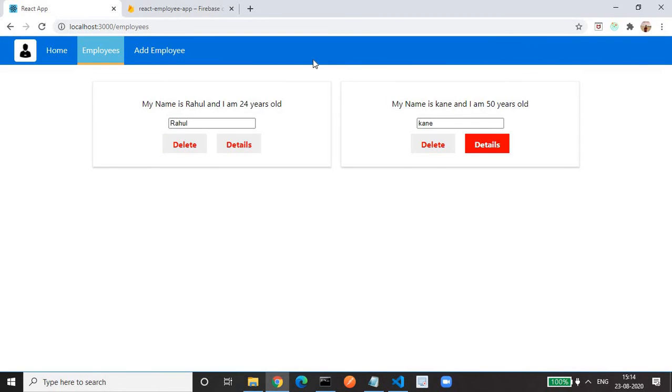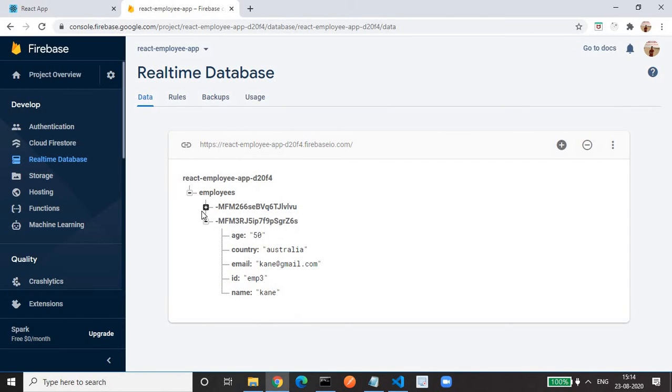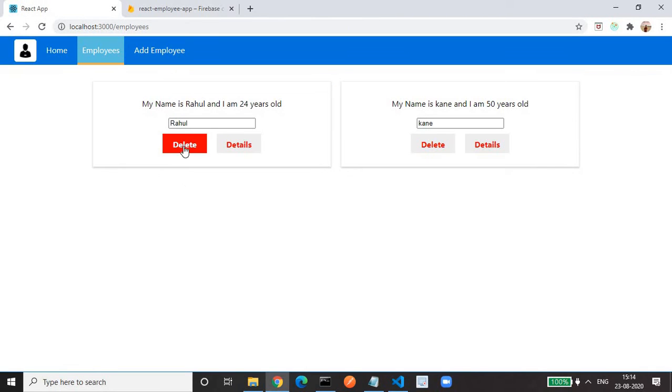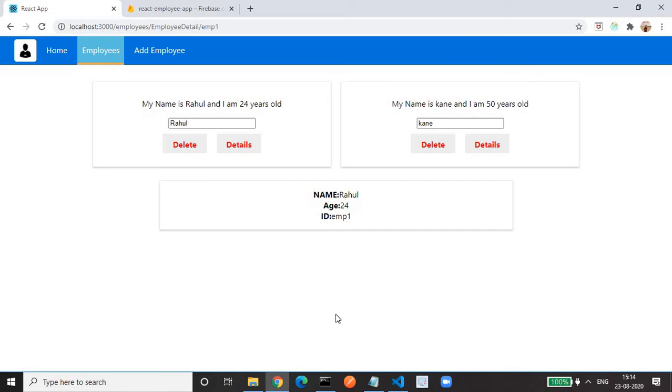before this, there are 2 employees. If you go to our Firebase, this is my Firebase, you will find 2 employees. Okay, this is 1 employee and this is the 2nd employee. You can get the details of the employee. These are all fetched using the Redux concept. Okay,